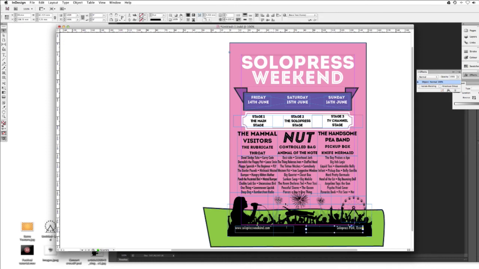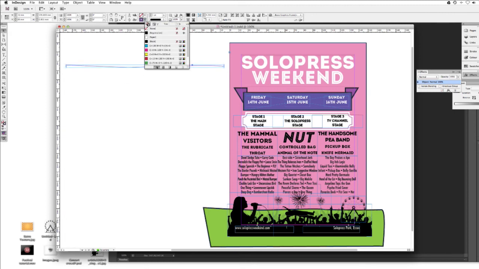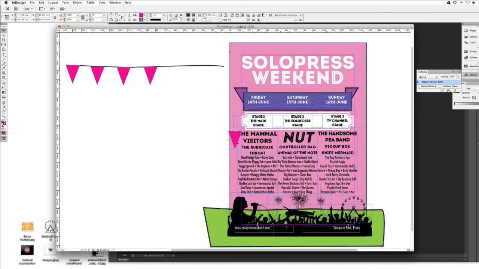Okay, so I'm going to go over and make a line tool again. Just make a funny little squiggly line. Make one a bit wrong and just up there, stroke. Now just go to make some bunting. Just to give it that bit more vintage feel. And just make it some, I'm just going to copy and paste this and put it into position. Let me leave a little bit of a gap.